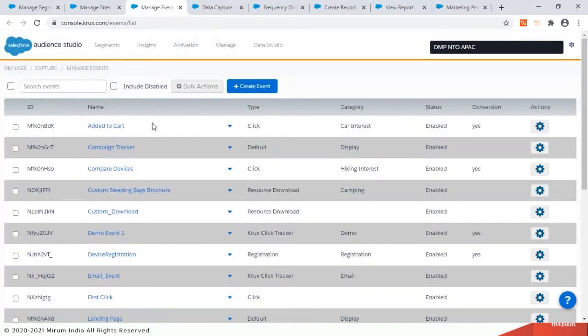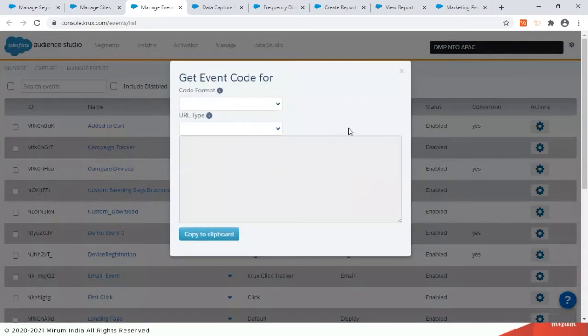Other places are that I need to capture certain significant events. And this is something that you will be discussing with the brands, which are those significant events, right? In NTO Retail's case, a particular product being added to a cart could be a significant event. And that's an event the marketer will particularly want to capture. So I can definitely create this particular event tag, get the code, and similarly deploy that